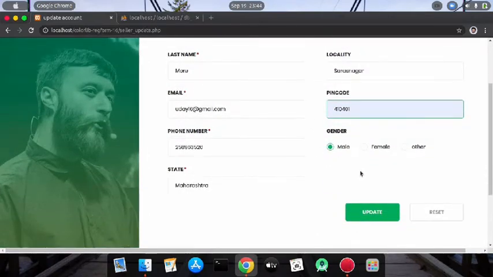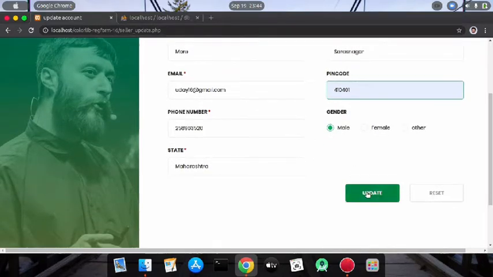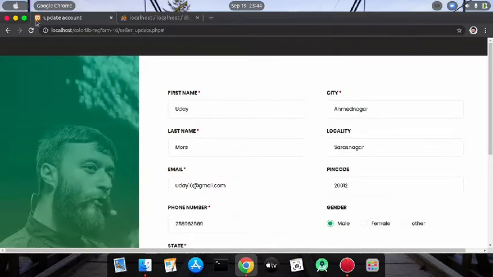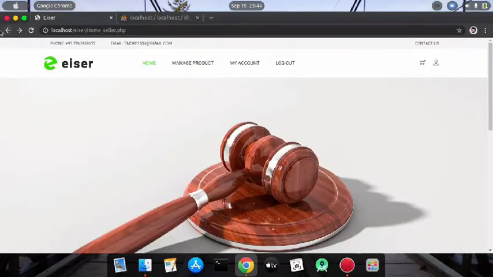After this, click on the update button. Here you can see the updated successfully message is displayed. Let's come back from this to the main menu. This is the logout button.